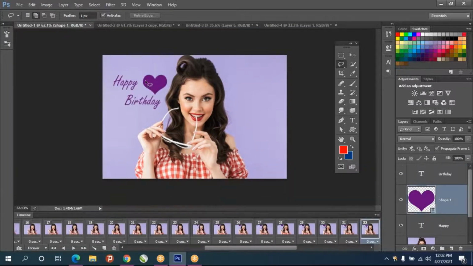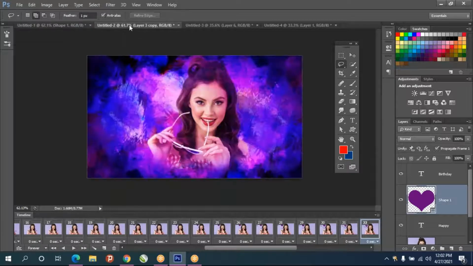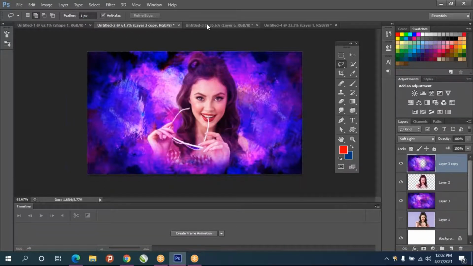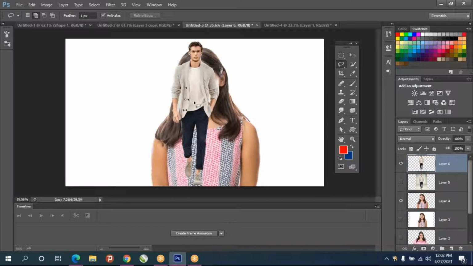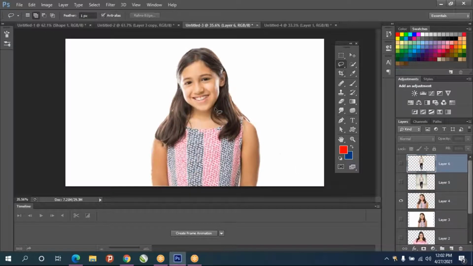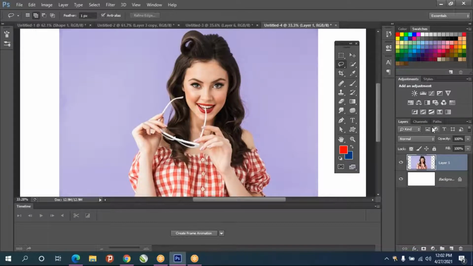So today we have seen how to create a GIF image, a digital paint effect, and making it fat or thin. And one more thing, we are going to use these tools, because tool-wise we only saw the smudge tool, and we'll have the dodge tool also. Suppose if you want to make it bright, this tool you can use. So here, one more bright it will show. Say Control Z. For making it bright, you can use the dodge tool, or for making it darker, you can use the burn tool.